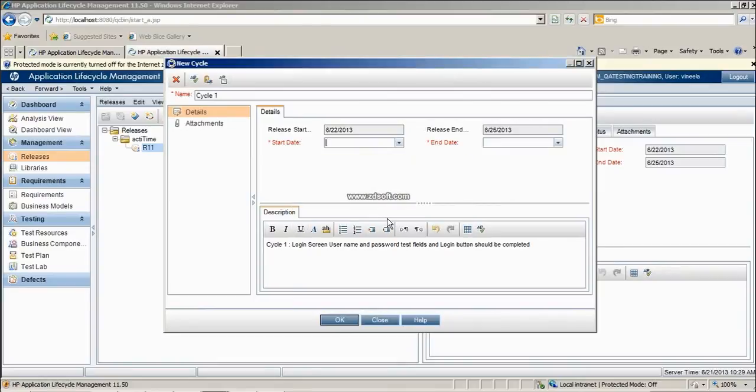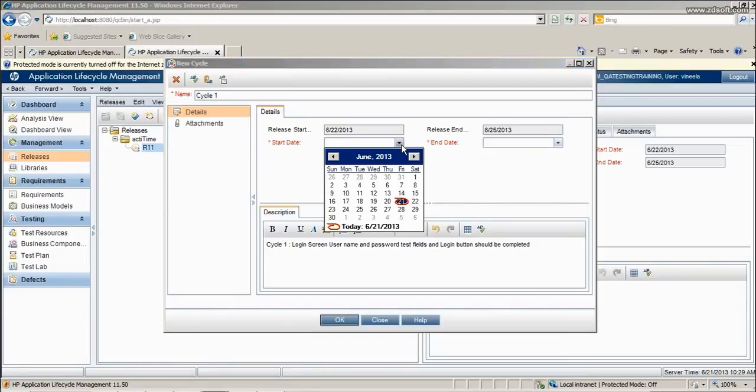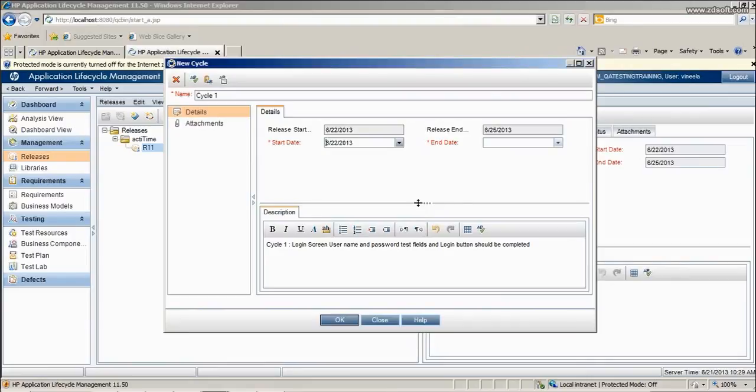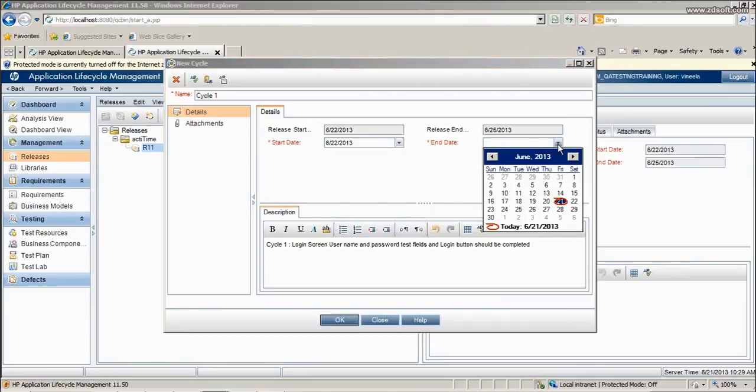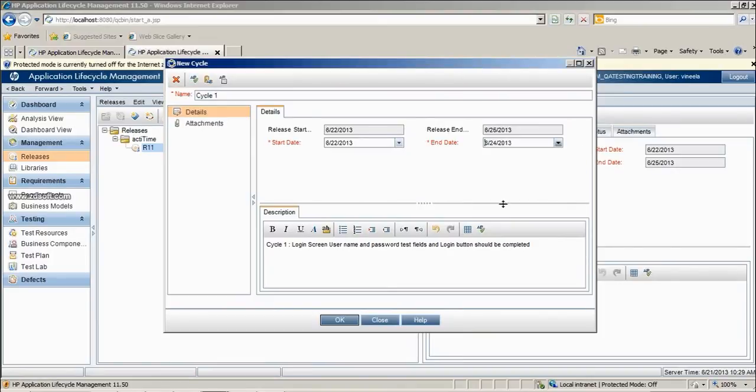So the cycle start date and end date should fall between the release start date and end date only. So we are starting on the same date and ending one day before.